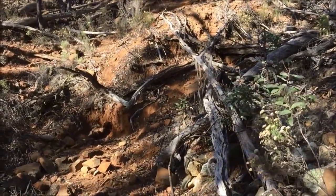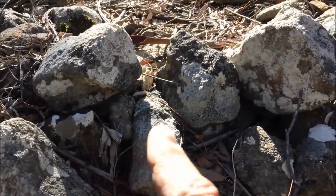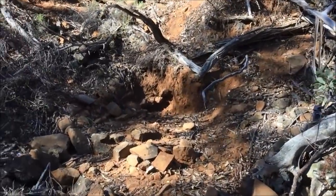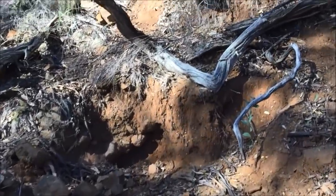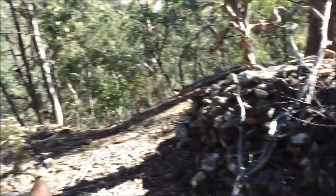So it was a lot of dirt that they moved. If you have a look at these rocks here though, these are all sandstone boulders. But down in here, they were getting into the river wash. I'm going to show you an example of the river wash that they were getting into, because they actually left